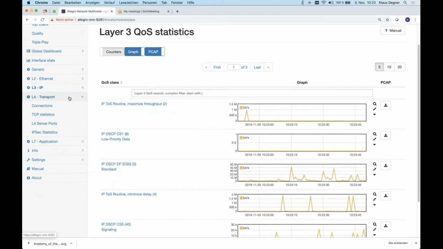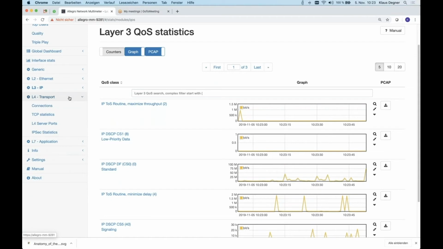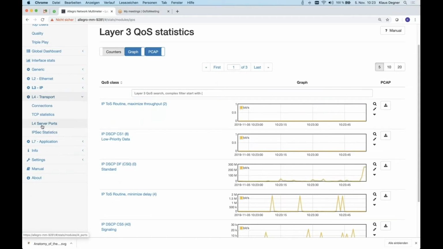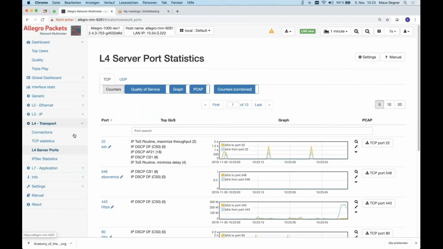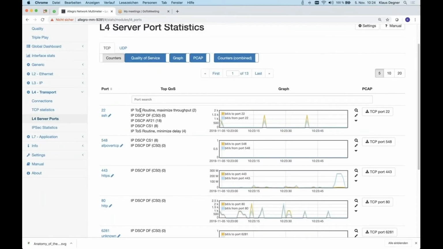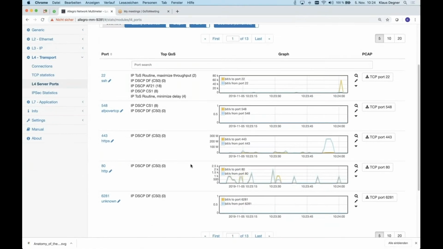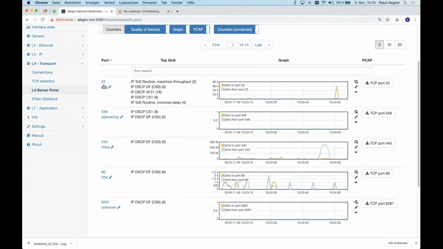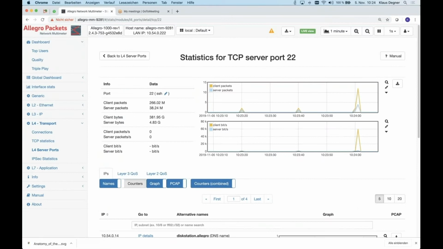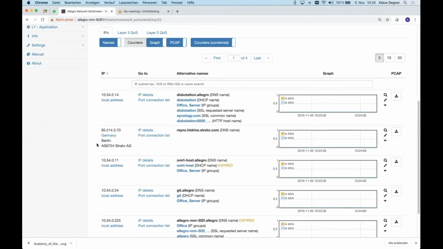When we come to layer 4, we again have a lot of statistics. You can see all connections. You can see, for example, which port is used, and on each port, which class is used, but also which IP address is used. So if you see, for example, in our case, port 222 SSH, I can immediately see which server uses most SSH.